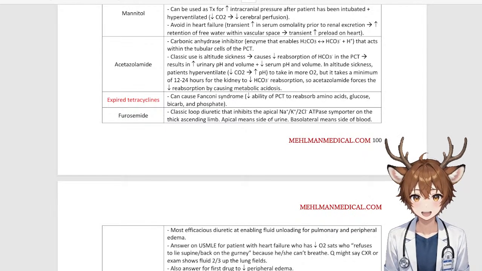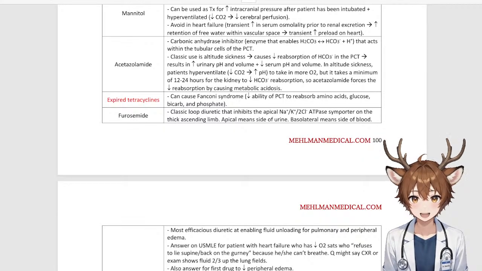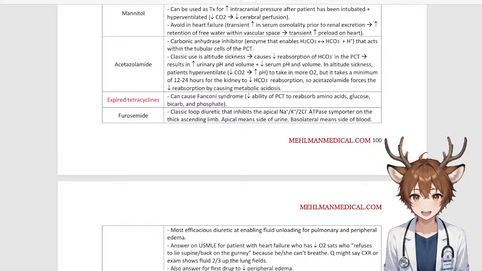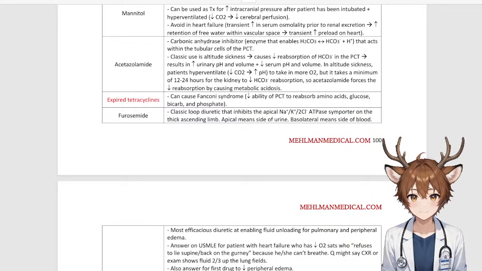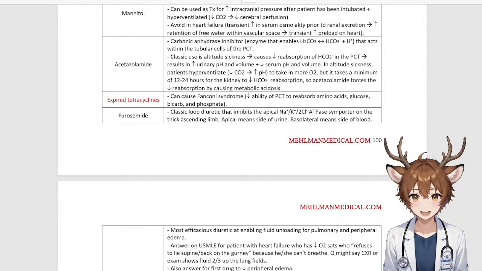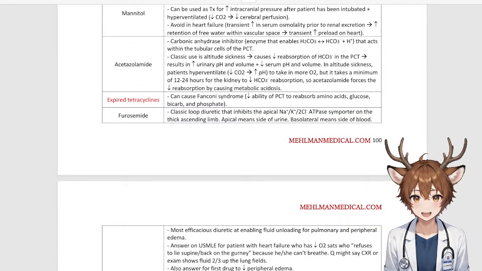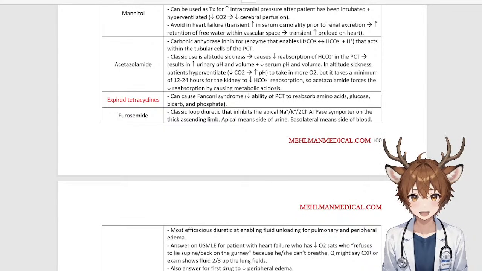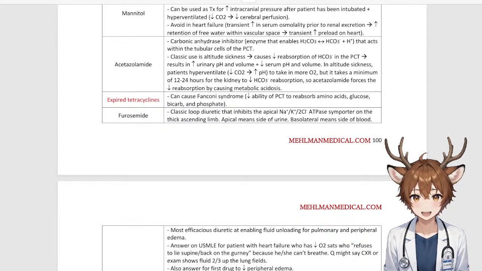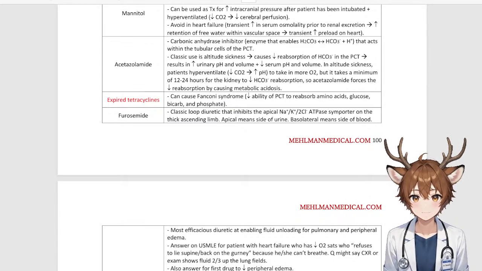So in a certain sense, the purpose is to absorb bicarb, but acetazolamide might be used as a diuretic to prevent water absorption, right? But it can also be used if you want to prevent yourself from getting respiratory alkalosis, if you're going to go into the mountains or something, by taking it in advance to make sure that you have an already up and running metabolic acidosis for compensation. Make sense? Hopefully you did. If you didn't, maybe watch a Sketchy video on it. Maybe go look it up yourself.